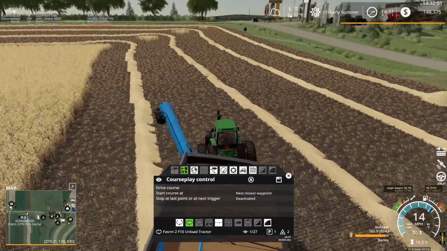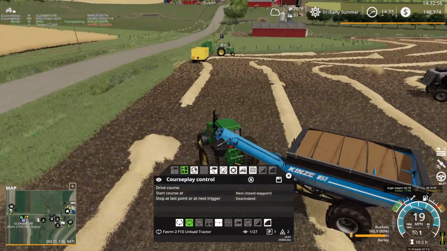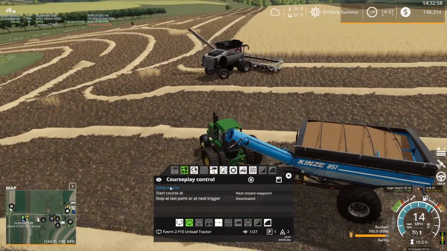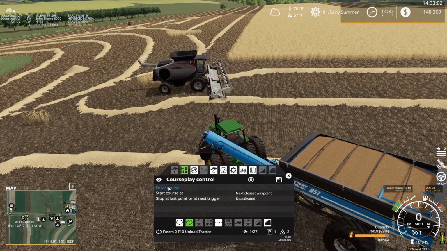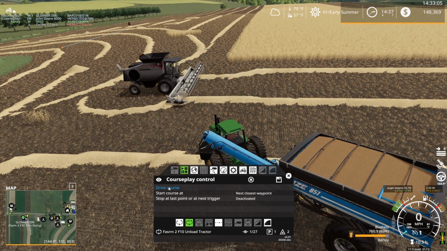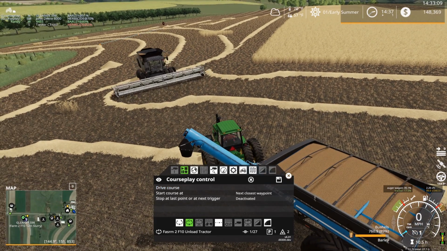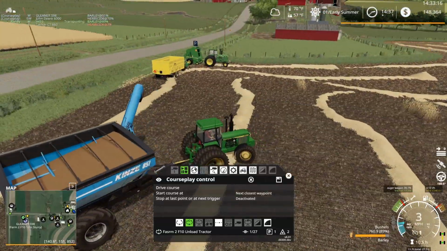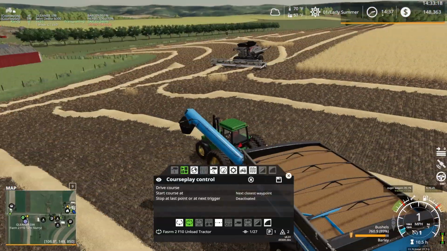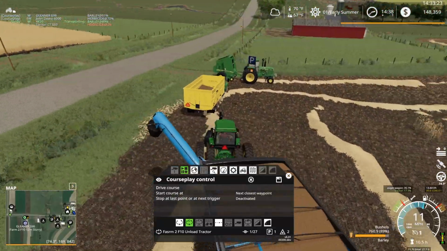I think we're just going to have to pull out of the way here because the combine wants to turn around. Okay, we got some advanced maneuvers going on here. Of course, what are you doing? Actually, no, this grain cart needs to be unloaded. Might as well do that here in a minute as well. We're waiting for the combine to do some silly turn maneuver. I don't know what it's doing, but...